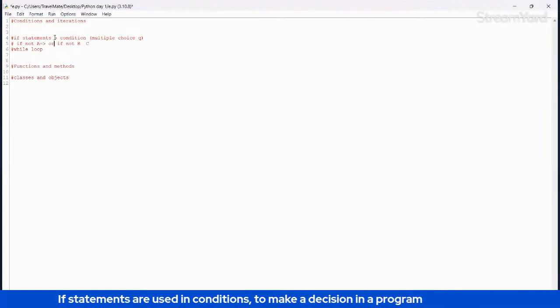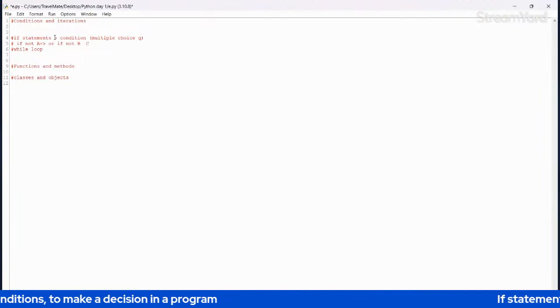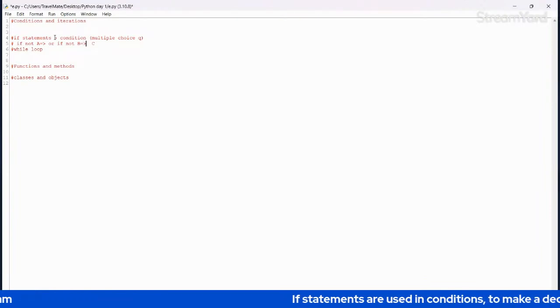This is not actually me coding, but it's making sure that you understand the logic. If the answer is not A, and not B, it has to be C.